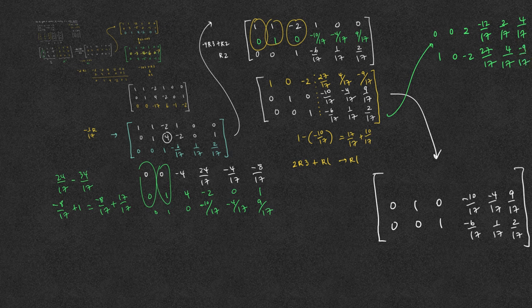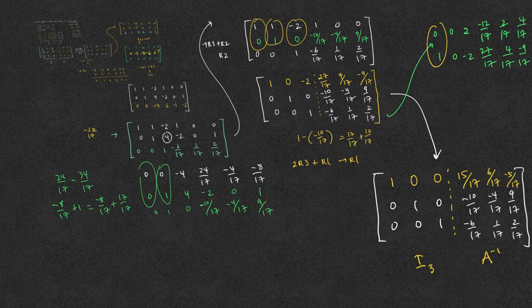The entry for this new row 1 is therefore 1, 0, 0. Negative 12 plus 27 is 15, so 15 over 17. 2 plus 4 is 6, so 6 over 17. 4 plus negative 9 is negative 5 over 17. The left half is now the identity matrix I sub 3, and the right is therefore the inverse matrix A